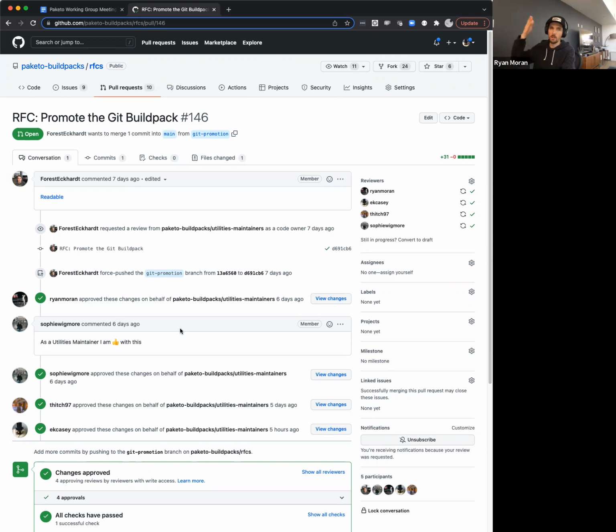And we don't have this long period where it's in the org, but it doesn't have samples and it doesn't have documentation. So whether that happens before we approve the RFC, that's fine. Or after, that's also fine. Just that we wouldn't move the repository until those things are done. That makes sense. Maybe we can approve the RFC, then add them and then move it. Because I think there's some danger if you say move it first. It's like, oh, what if it gets rejected? We don't want the buildpack, you know?